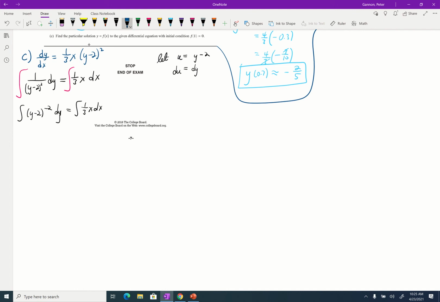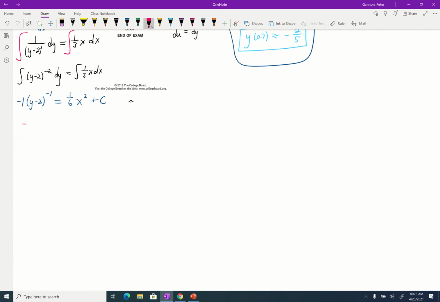As we do this, we're going to increase the power by 1. So we're going to take that y minus 2 and add 1 to get negative 1. And then we're going to multiply by the reciprocal, which is negative 1. Over here, we are going to add 1 to get x squared, and then multiply 1/3 by 1/2 to get 1/6, plus c. And that's kind of where we're at that point. If we start to simplify some of these things down a little bit, this is negative 1 over y minus 2 equal